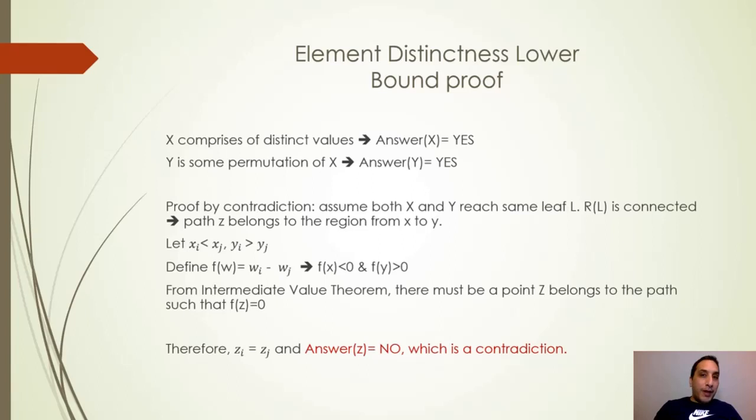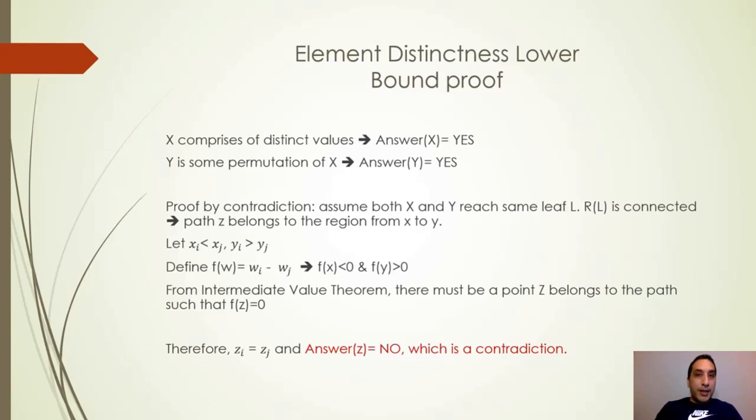From the intermediate value theorem, and because the function f of w is continuous, there must be a point z on the path such that f of z is going to equal 0. But if f of z equals 0, that means zi is going to equal zj,